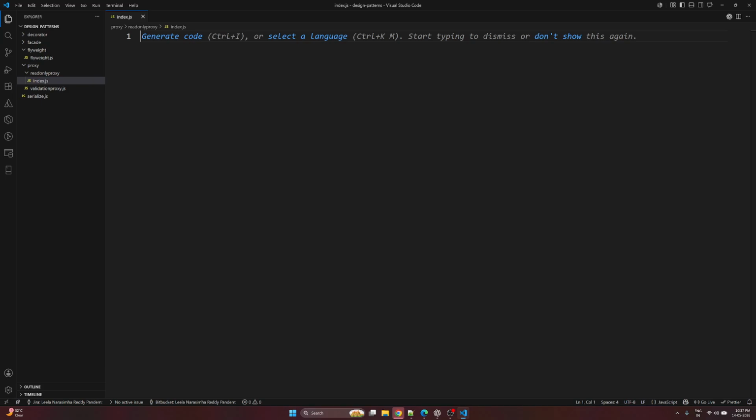Today we are going to learn about another proxy pattern, that is the read-only proxy pattern in JavaScript, using a real front-end project structure. We'll try to learn it. This is actually a pattern used in many real front-end applications to protect shared configuration and also the application data from accidental modification. So let us first understand what the problem is and where this read-only proxy pattern actually